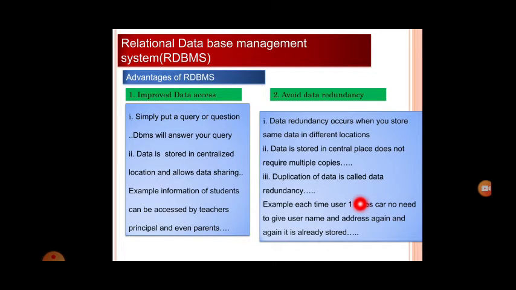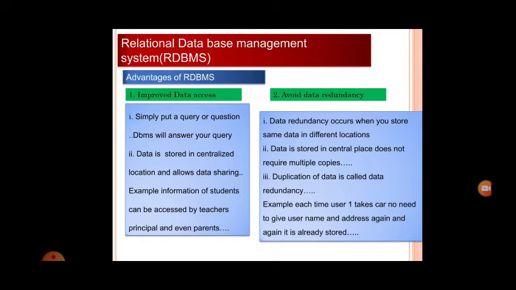Suppose a person like Raju or Raj takes one car this year, that is 2020. He gives all the username, address, everything. He gives all the details, and it is stored in the database. Next, in 2021, he takes one more car. So the car name has to be changed, not the username or the address. They remain the same, so there is no need to create the same data again and again. This is a good example for a database.